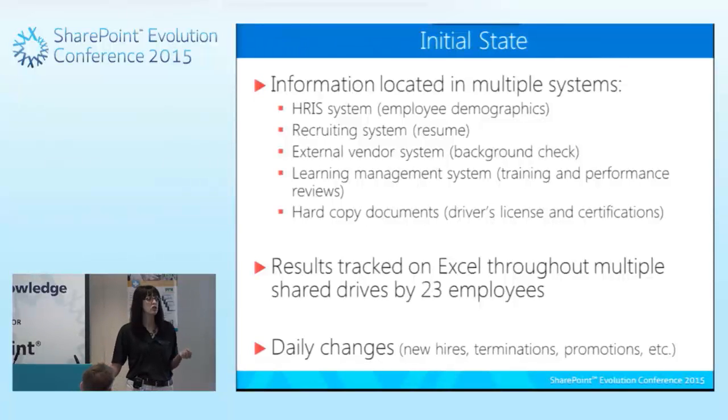We had, again, 23 users throughout our company maintaining this information. They would go out and collect employees' resumes. They would collect their performance reviews, their training history, and they would upload it into a file share. We had a T drive. We put everything out there. And then there was a master Excel spreadsheet that they would go out and put the information into. And we have a little over 700 employees